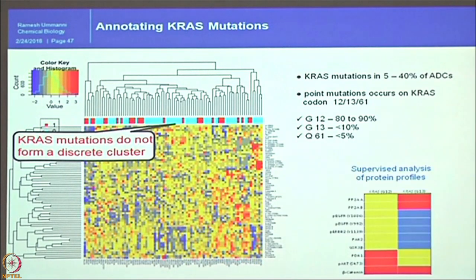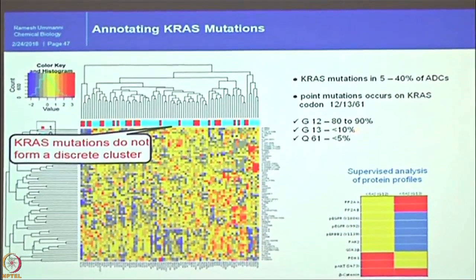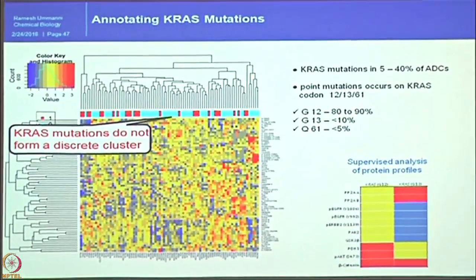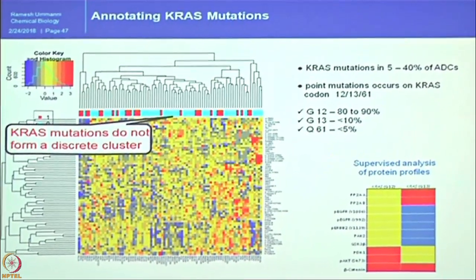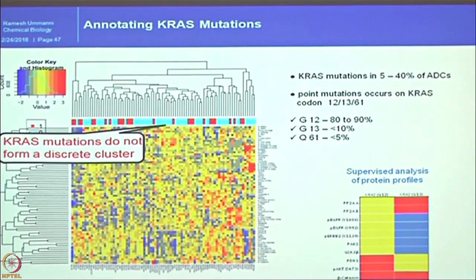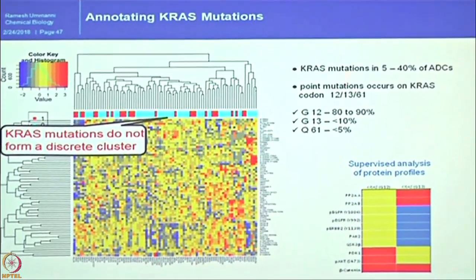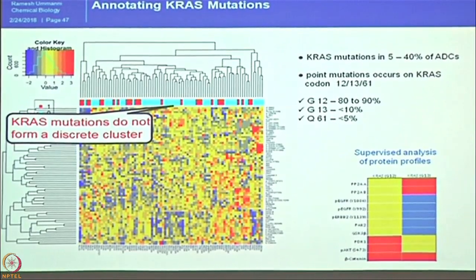How can you see that? I will try to convince you. When you take a closer look here, these are the different proteins upregulated or downregulated in a G13 mutation compared to a G12 mutation. There are 3 different mutations. 80 to 90% of lung cancer patients have G12 mutations, and less than 10% have the G13 codon mutation. Less than 5% of the population is affected with the Q61 mutation. So we tried to assign these proteomic signatures to the individual mutations we observed in the cell lines here.